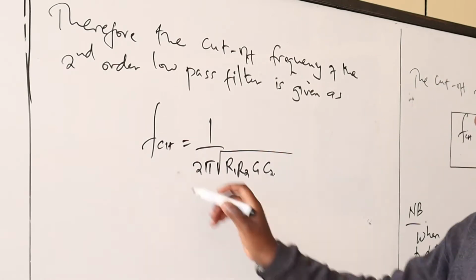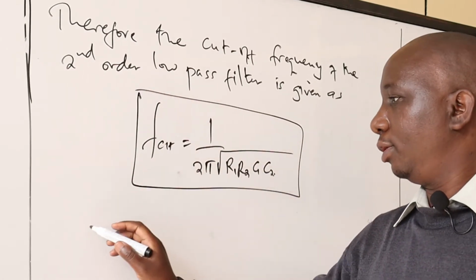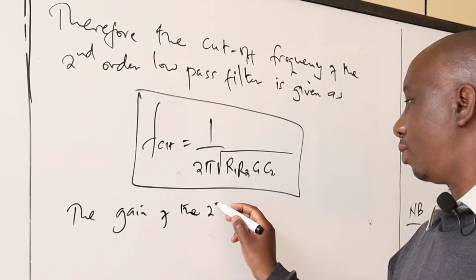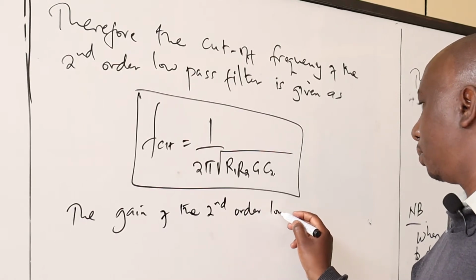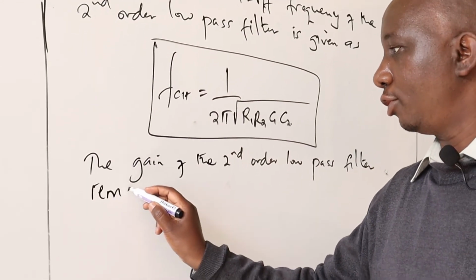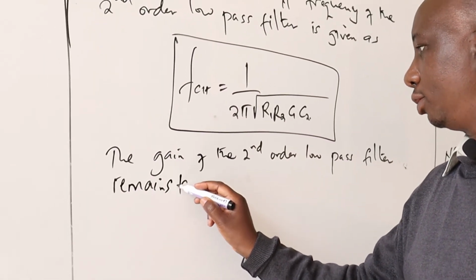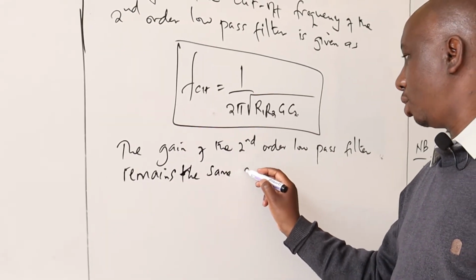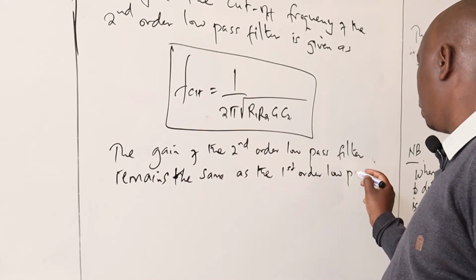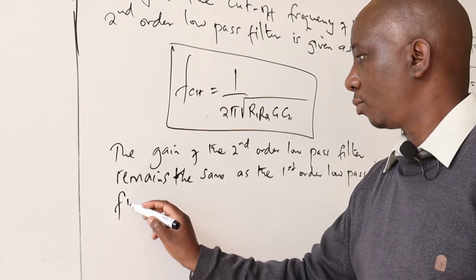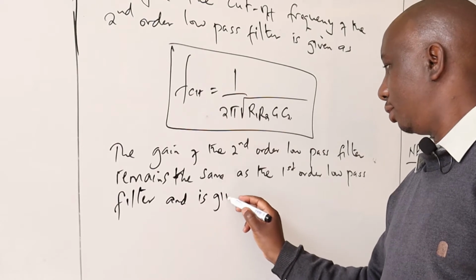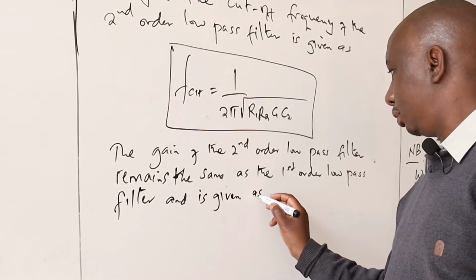Another thing we need to understand is that the gain of the second order low pass filter remains the same as the first order low pass filter and is given as